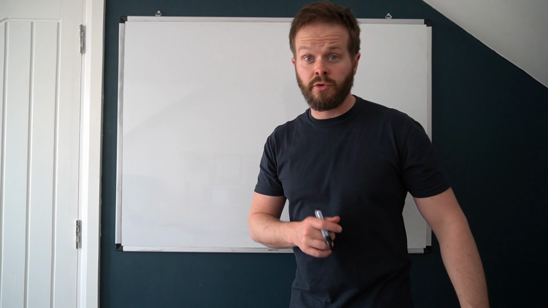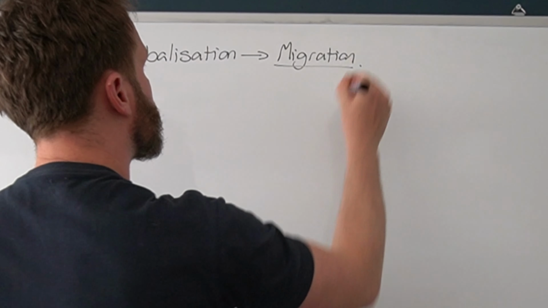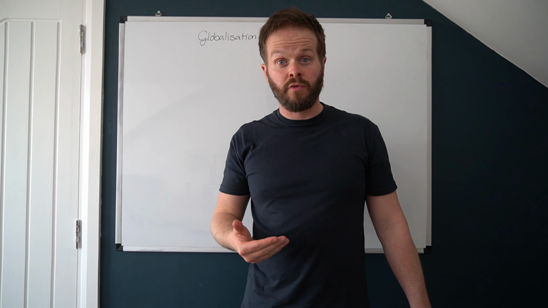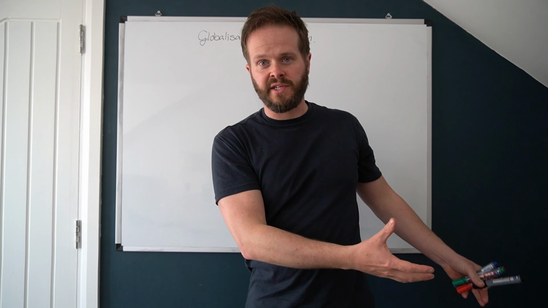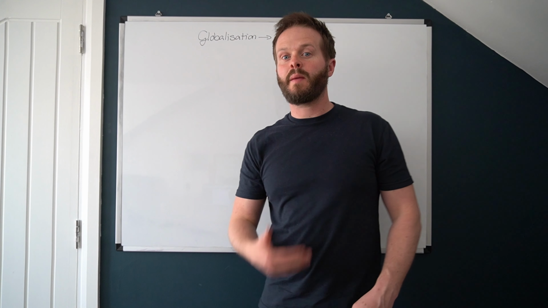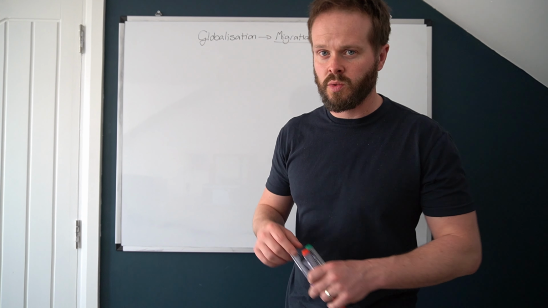The topic we're going to go through is the impact of globalization on migration. Now, it's a nice easy topic. It brings in a lot of the stuff from globalization that you've already studied. So once we can break it down into that re-understanding of globalization and then link it to the different elements of migration, we can start to develop that better understanding and bring in some of those core theories that we know are going to support our 20 markers.